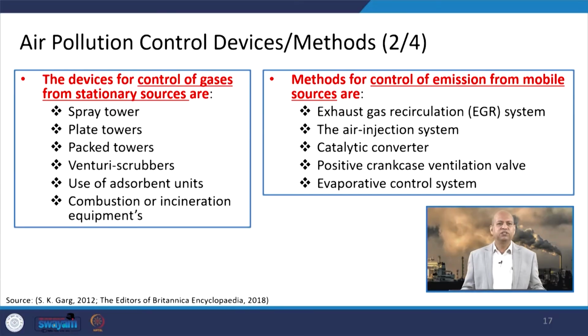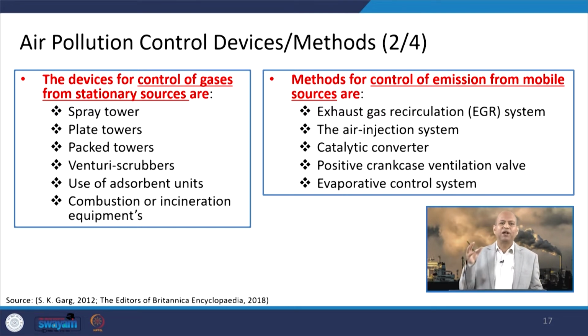When we talk about devices for controlling gaseous pollutants from stationary sources, there is different equipment like the spray tower. So, spray is there, gas is going up from below by buoyancy and then the spray is coming down. So, it captures the gas, some reaction may happen depending upon the solution, but it generates waste water. So, again it is changing the pollutant from air pollution to water pollution, but at some locations it is important. Then some plate towers or packed towers may be there, then venturi scrubbers can be used,